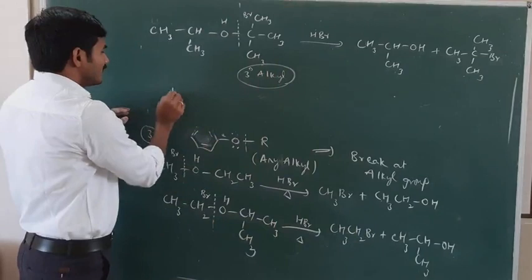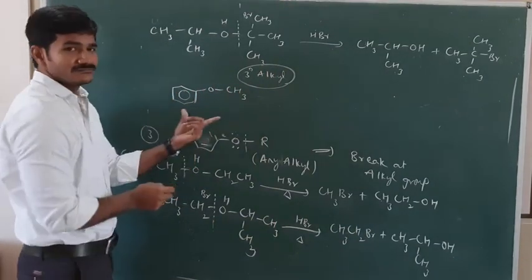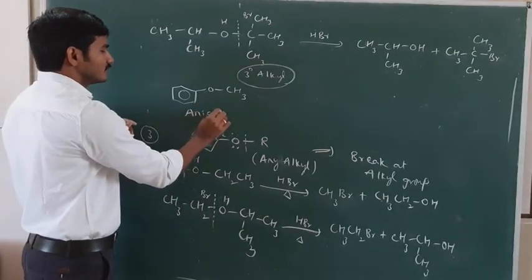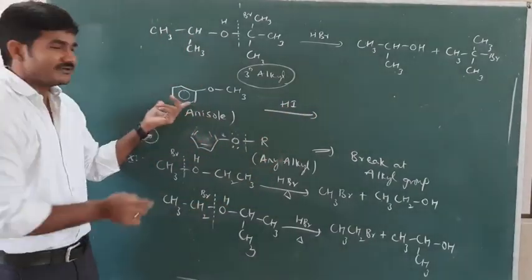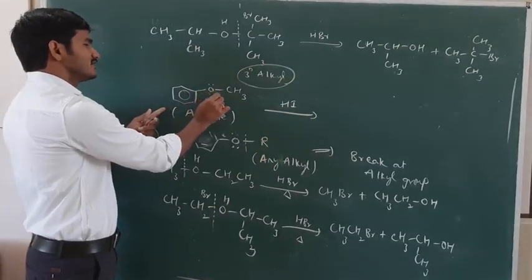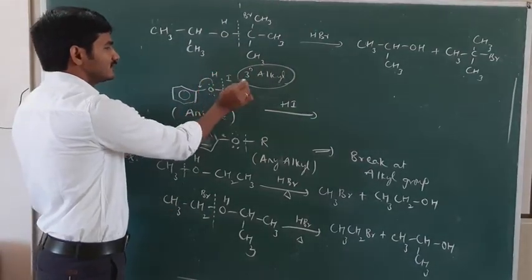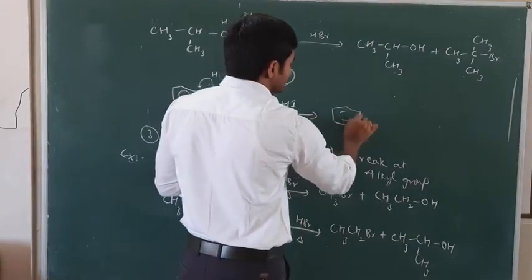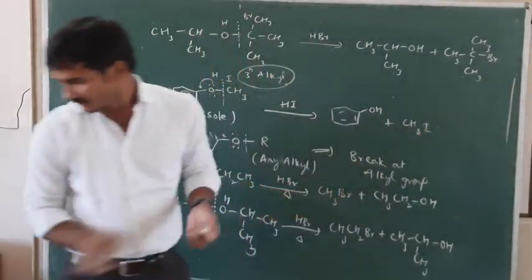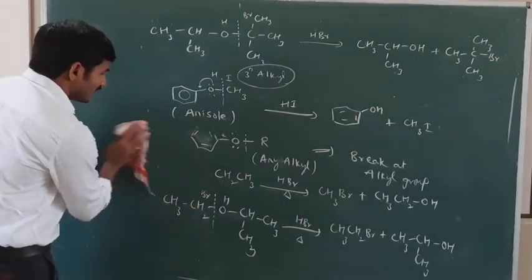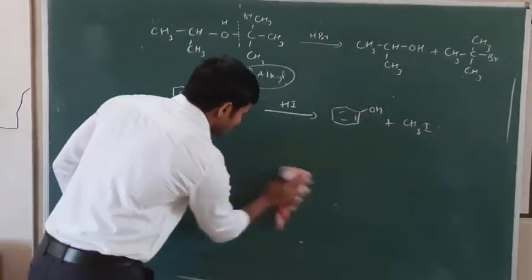Okay, and another molecule. What is the name of this molecule? Anisole. Anisole, when I take the HI, this is an aromatic ring. When aromatic rings are present along with oxygen, they are involved in resonance, so we cannot break the bond here. So break it here, H here, I here. The products are phenol and CH3I. So this way, if you know the logic and the shortcut, we can break the C-O bond in unsymmetrical ethers and write the products.